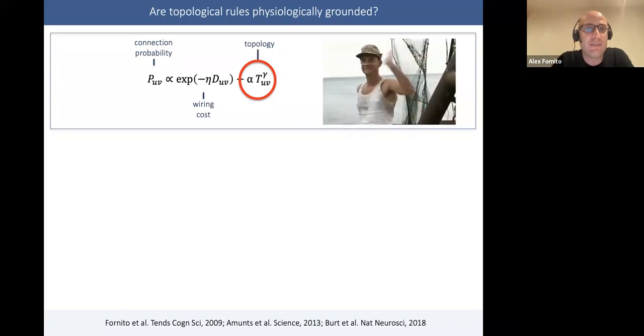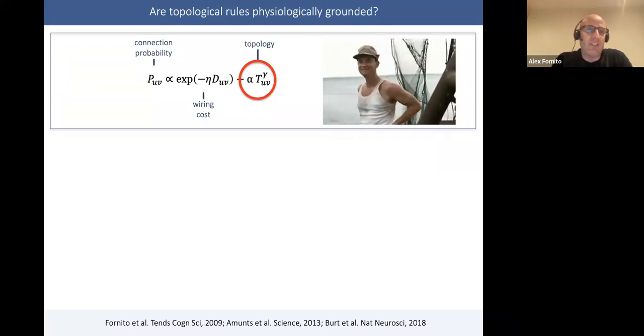And this seems unlikely. So it raises the question, could we identify some simpler, perhaps more physiologically plausible rules